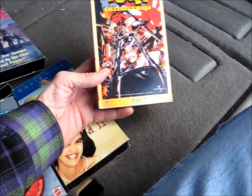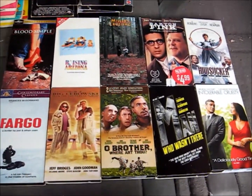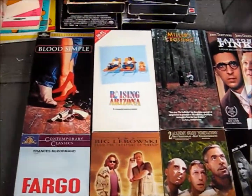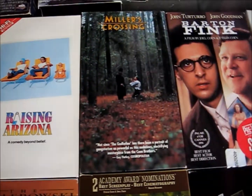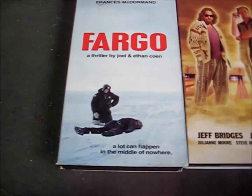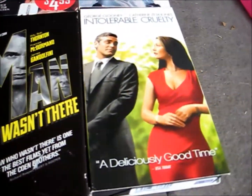What a big flop for Spielberg at the time, boy. Well, some of you might have remembered, I don't know what video it would have been, that I needed one VHS to complete my Coen Brothers VHS set, which I was then going to sell, but now I have a new dilemma. But anyway, I have Blood Simple, Raising Arizona, Miller's Crossing, Barton Fink, which is pretty beat up, Hudsucker Proxy, Fargo, Big Lebowski, Oh Brother, Where Art Thou?, The Man Who Wasn't There, and Intolerable Cruelty, which